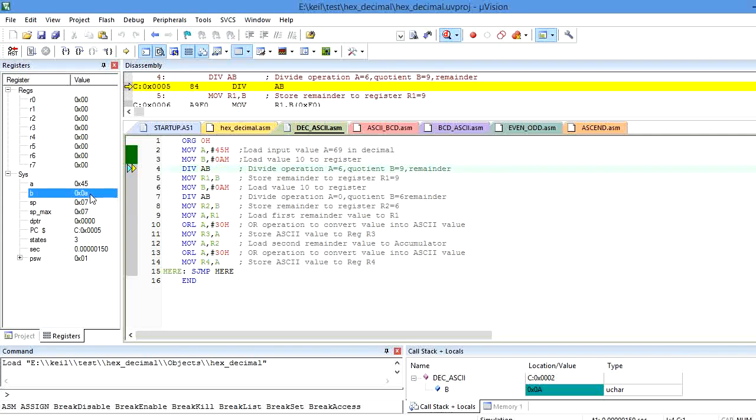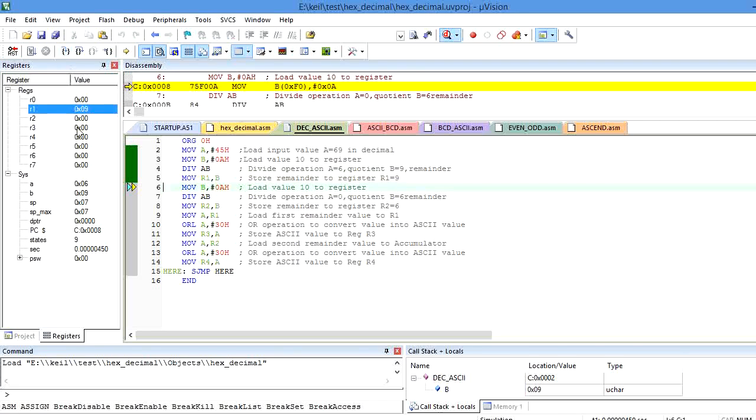After execution, A becomes 6 and B becomes 9. A is the quotient and B is the remainder. I will store the remainder into the R1 register by using move R1, B.